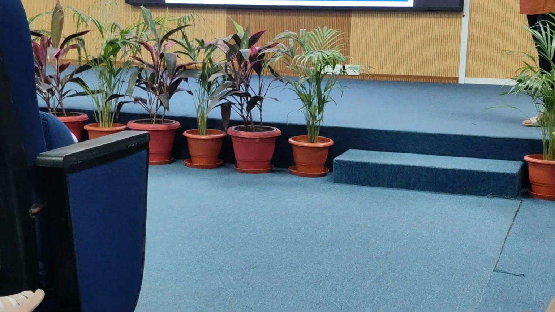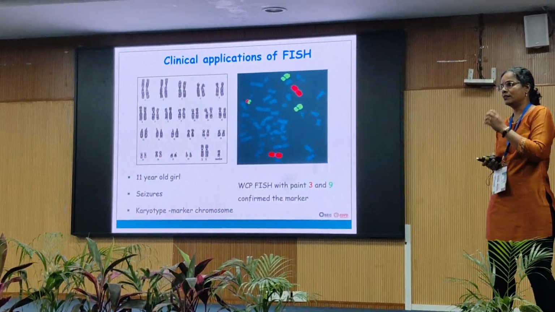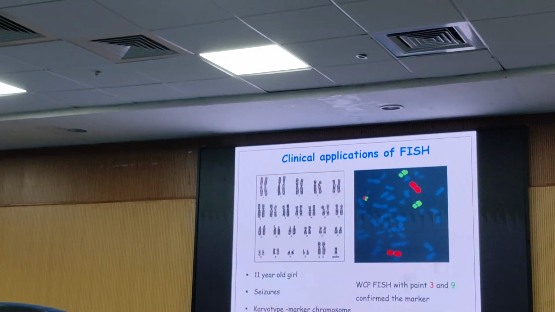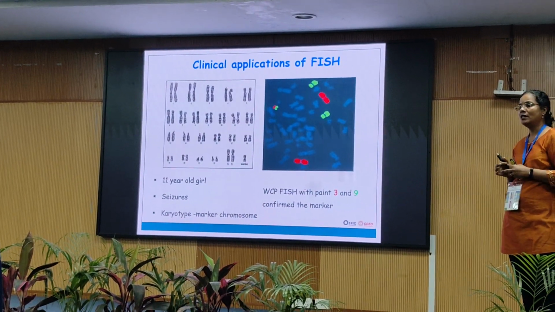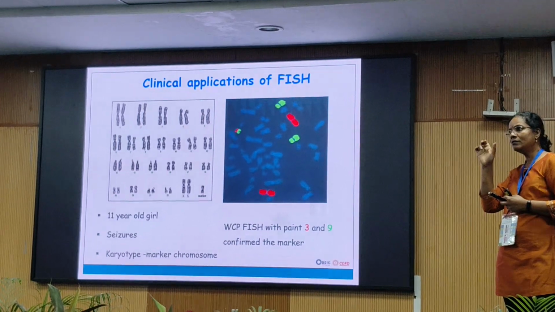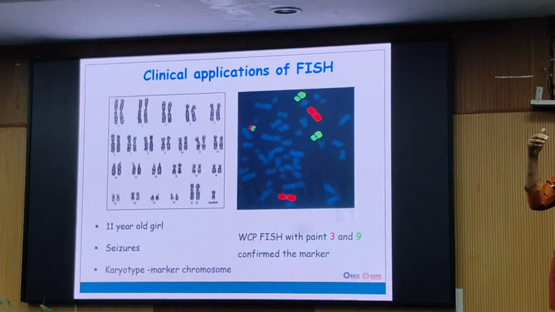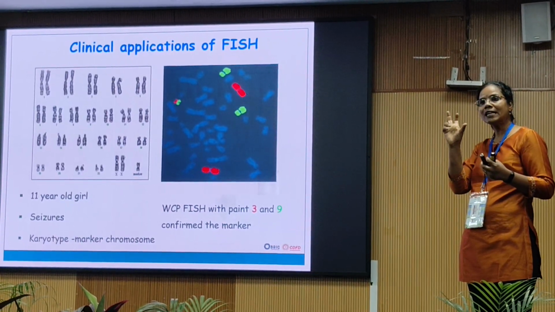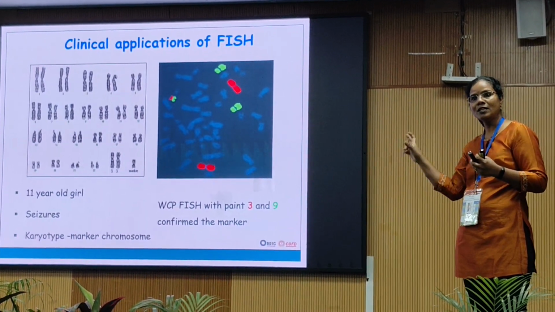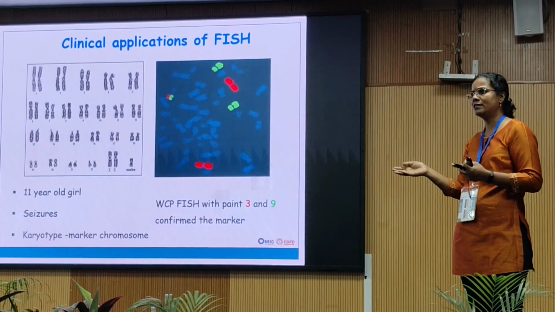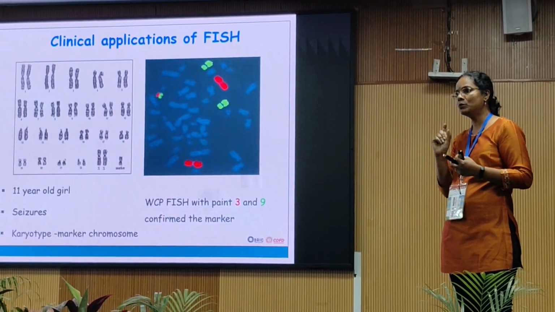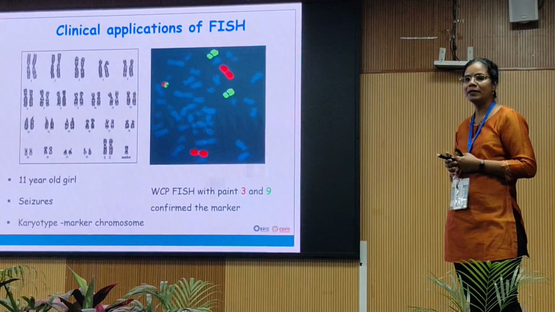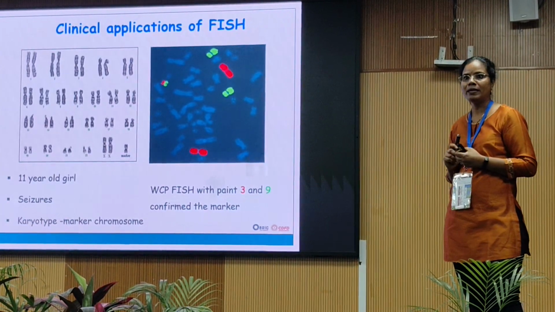So where we have done FISH, we can identify it here. Because this is a marker chromosome, we could get that picture. But if it is a smaller region present as a tandem or in some other part of the chromosome, microarray will tell you there is an additional part of chromosome 2, let's say for example, but it will not tell the position where it is. The position will be known only by conventional cytogenetics or by FISH.